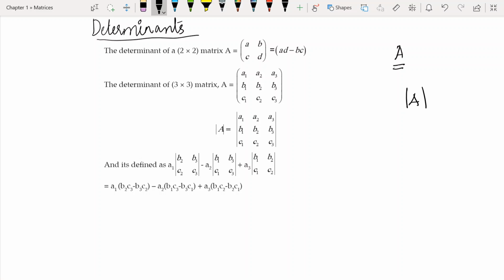We represent it with this symbol. We find the determinant of this. This determinant is very useful for us when we are solving linear equations. From that perspective, learning determinants is very helpful when we are to solve a system of linear equations with 3 variables. I will also be teaching you Cramer's rule in the next video. That time you will see how useful determinants is for you.